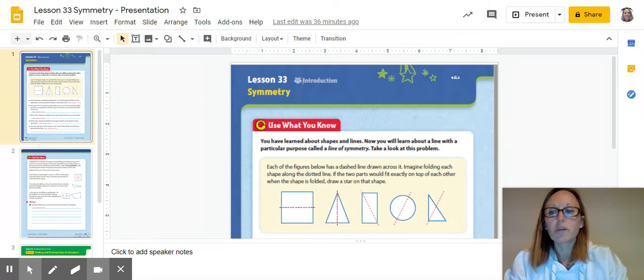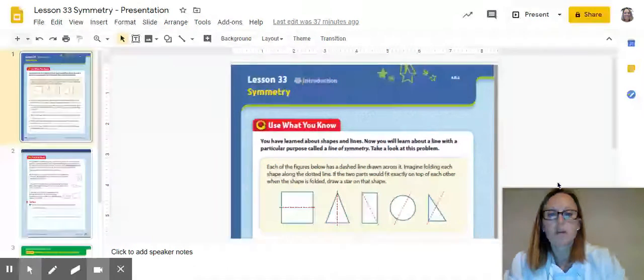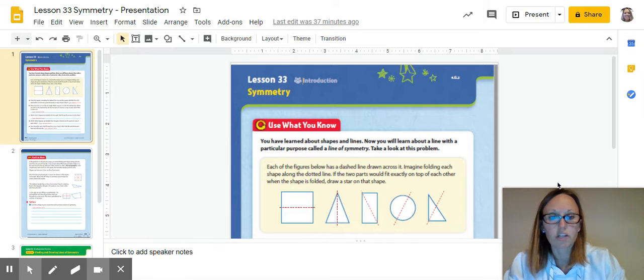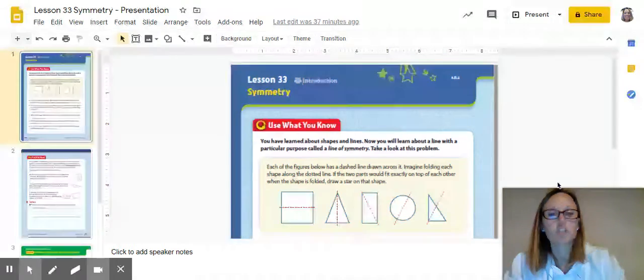All right, so this week our lesson is on symmetry. We've learned about shapes and lines, and now we're going to learn about a special line that has a particular purpose called a line of symmetry. It says each of the figures below has a dashed line drawn across it. Imagine folding each shape along the dotted line. If the two parts would fit exactly on top of each other when the shape is folded, draw a star